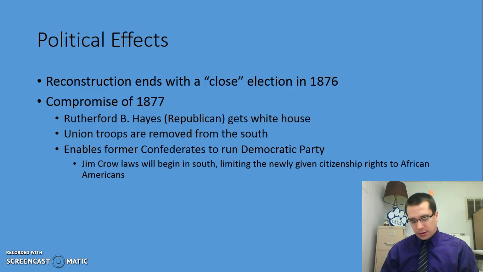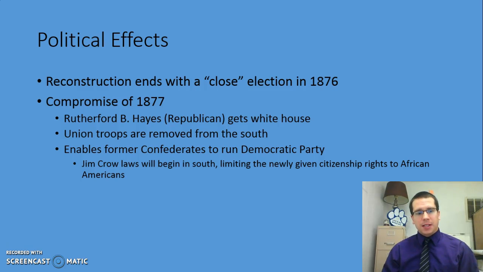Hayes and Tilden, neither of them win a majority in the Electoral College, but what ends up happening is a nice little bargain behind closed doors. Rutherford B. Hayes, the Republican, though didn't win the vote, gets to get into the White House. In an effort to compromise with the South, the Union troops are removed from the South, thus literally ending Reconstruction, though there is going to be much more stuff going on in the South to rebuild, especially